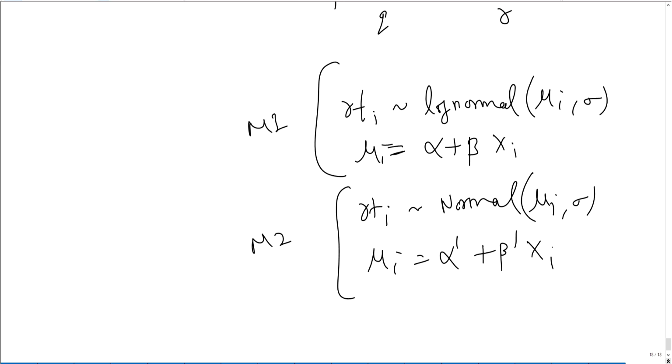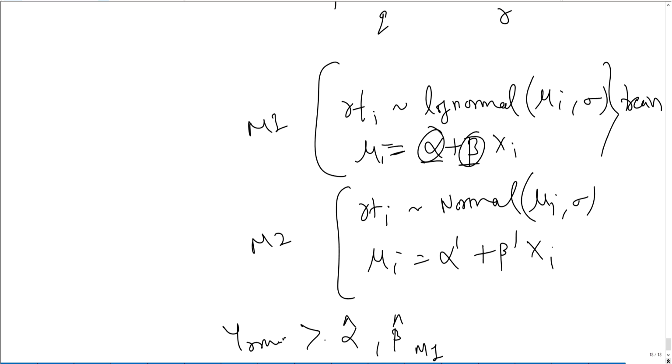Well, we will have to estimate these parameters alpha and beta using training data. So basically, you will first split your data set into training set and test set, and then you will estimate alpha and beta for this model M1 using this training data. Okay, and you use this training data also to estimate alpha dash and beta dash of model M2. Okay, so now you have trained both your models on this training data. Now you will calculate